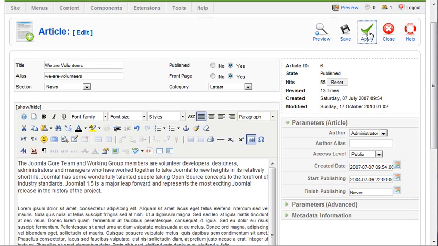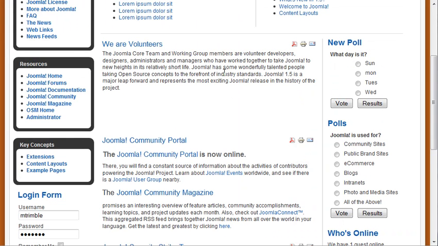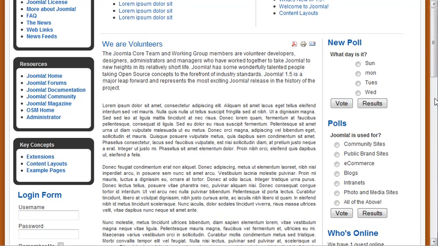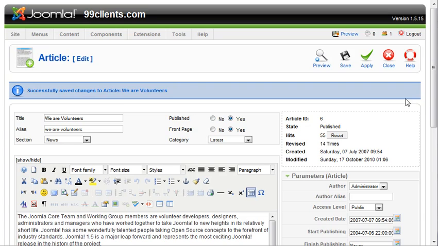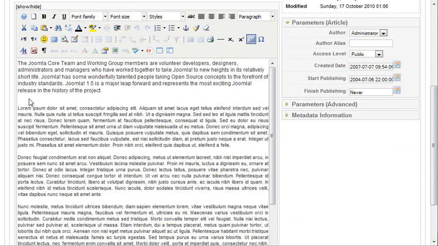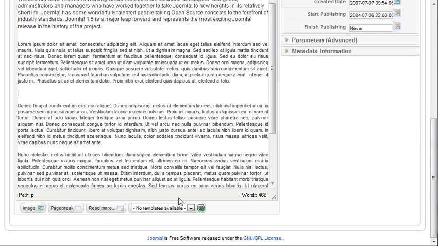We'll hit apply and then come back over here and refresh. We're doing this live on the web, so if it's taking a while, I apologize. What you're going to see is all that text published on this home page, which we don't want because it obviously blows out our formatting and makes our pages really long. So in order to split that up, all we need to do is come back to our item and put a read more link after this paragraph. Or we could show this second paragraph, and then down the bottom,